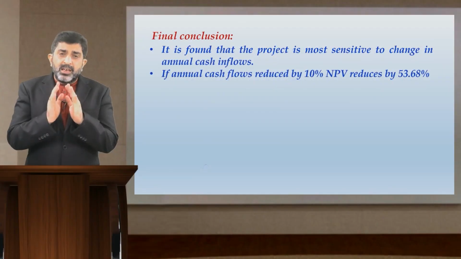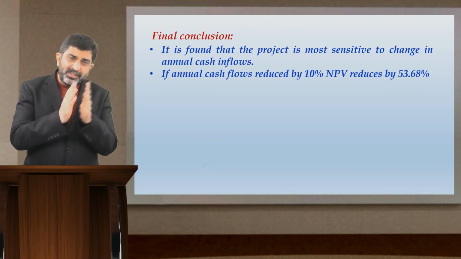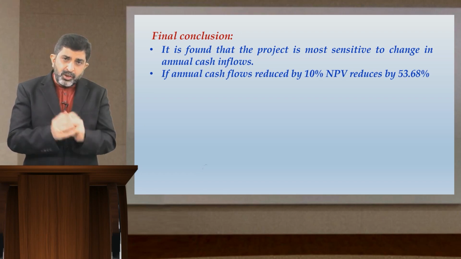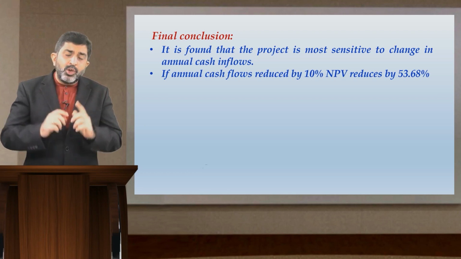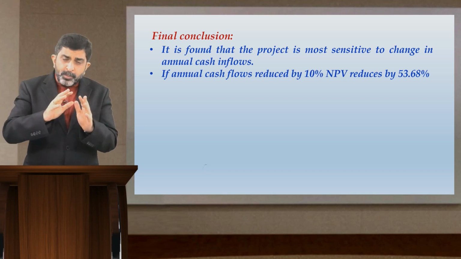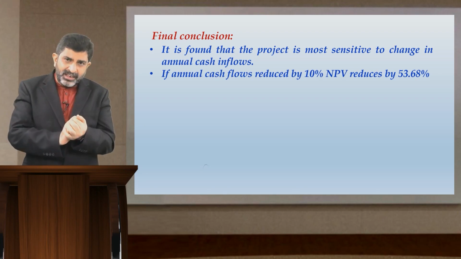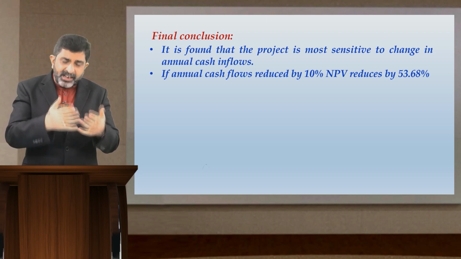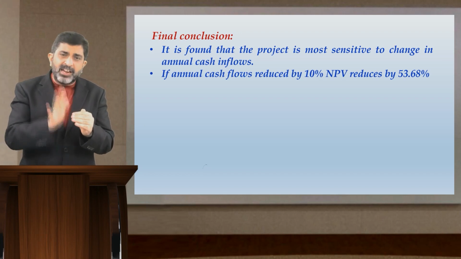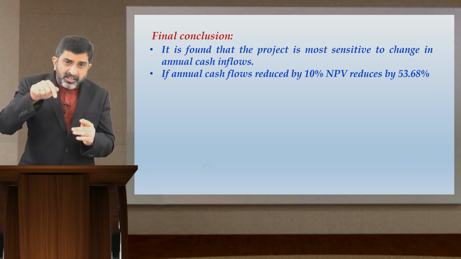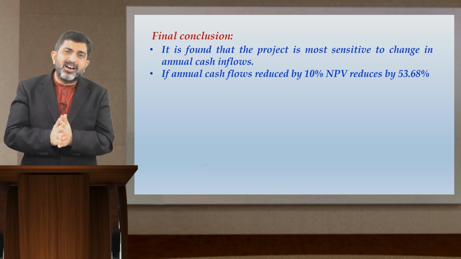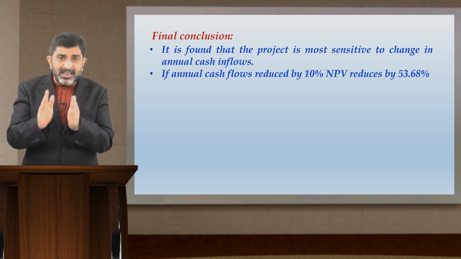is, have you observed one thing? When we are dealing with sensitivity analysis and analyzing the change in 4 different variables, when you deal with one variable at a time, your assumption is other things remaining constant. So this could be considered a limitation of sensitivity analysis. On one side it is giving you preparedness that, okay fine, don't worry, even if your annual cash flow reduces by 10%, you still get positive NPV. But that assurance is coming based on the assumption that other things will remain constant. This is a limitation of sensitivity analysis.